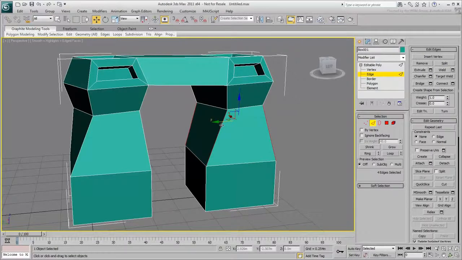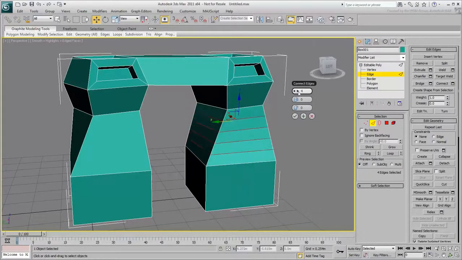With this ring of edges still selected, take a look at the Connect and Connect Settings commands. Click the Connect button to connect all selected edges with an additional edge. Vertices are added where the edges cross. Better yet, press Ctrl-Z to undo this and click the Connect Settings button. In the caddy that appears,